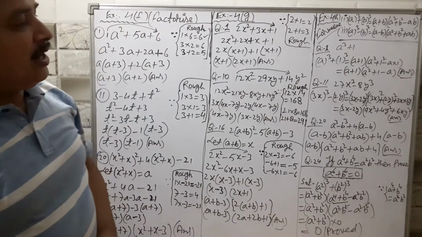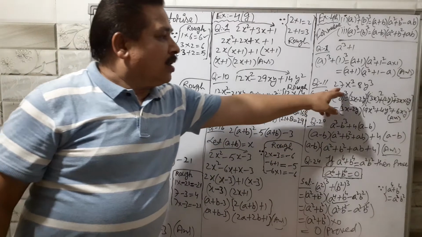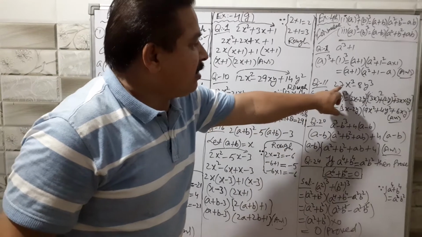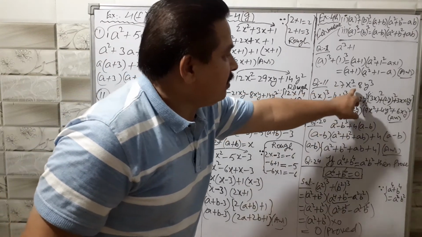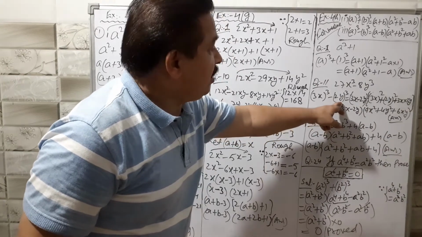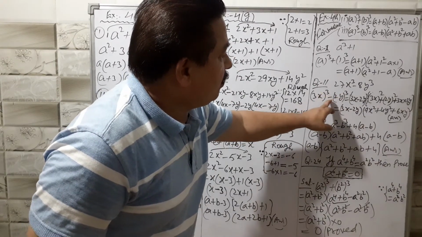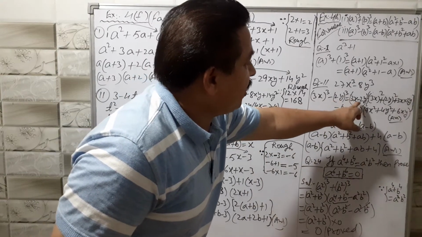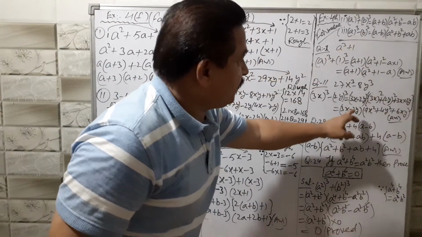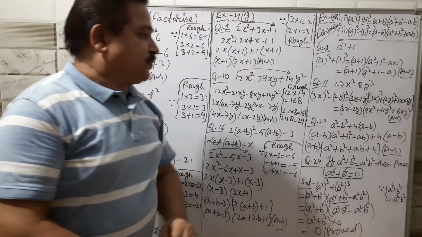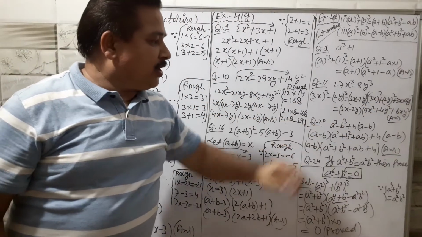Now see question number 11. Again this is the question. The minus form is given. 3x whole cube you can write. This is 27x cube, and 8y cube we can write as 2y whole cube. Now a cube minus b cube. This is supposed to be a, this is supposed to be b. A minus b. See the second formula. This is the answer.